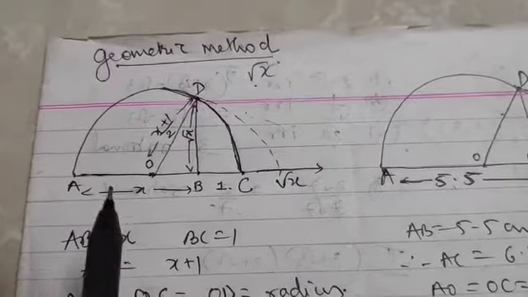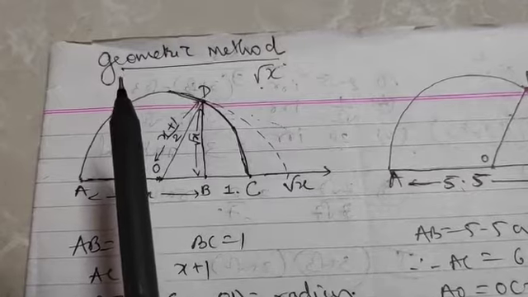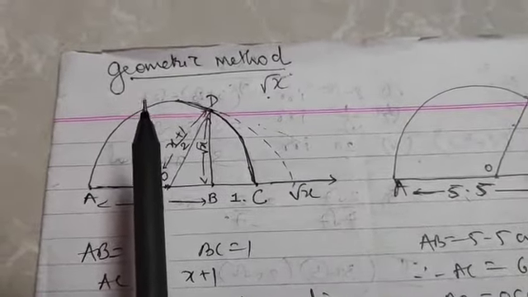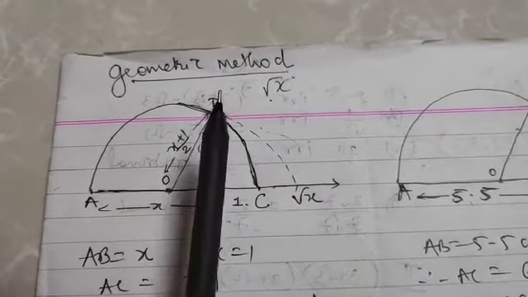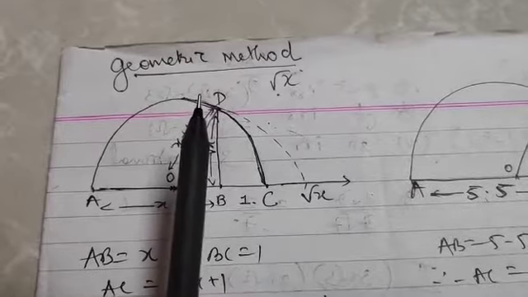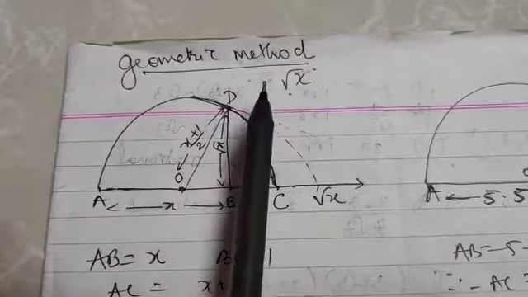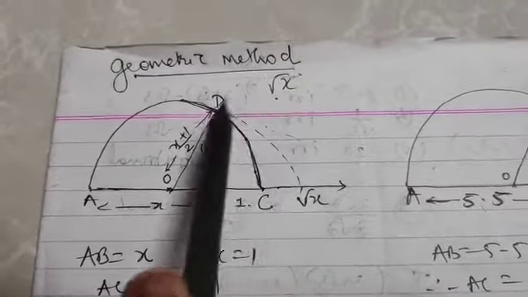Good morning, children. In my last class, I had explained about the marking of irrational numbers on the number line. We had also taken up the exercises following it. Now, the only method which is left out in this particular chapter is the geometric method. Geometric method means those types of sums which are in the form of square root.